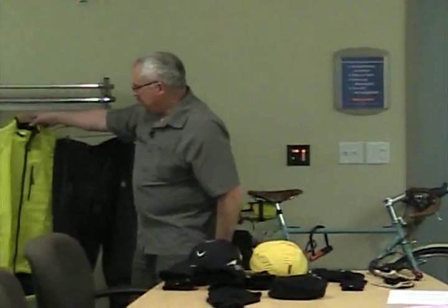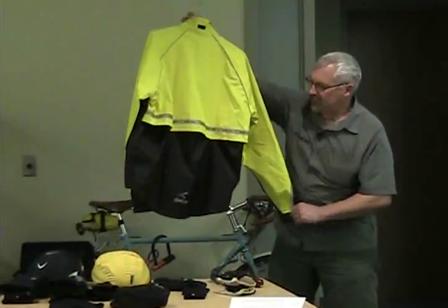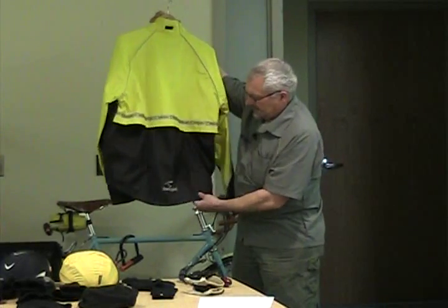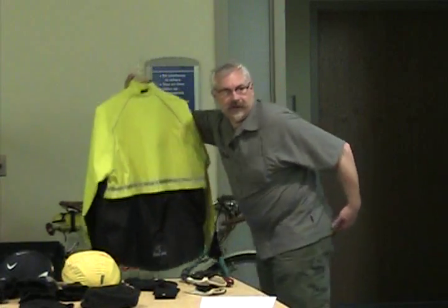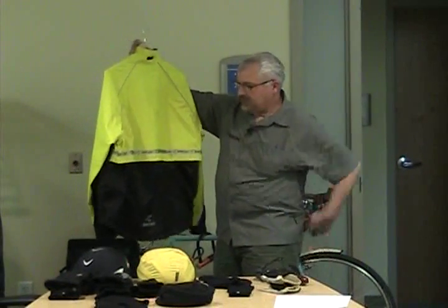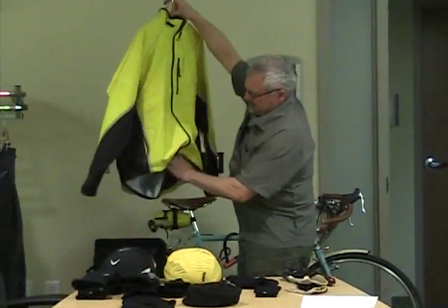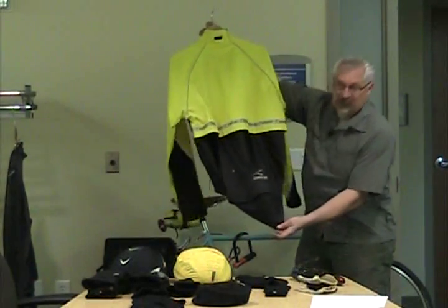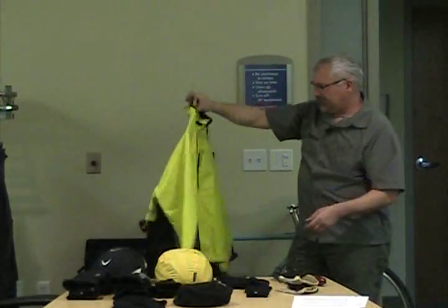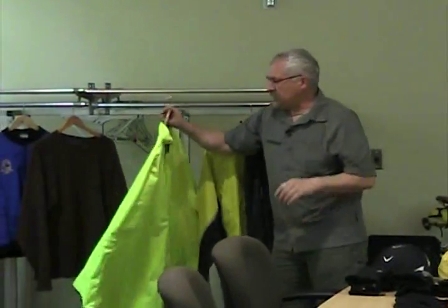A rain jacket. Cycling specific clothing in terms of jackets and rainwear are usually cut a little bit longer in the back. That way they help cover the back of you when you're riding, help keep your pants dry. This particular jacket has an additional flap that comes down even lower to keep you dry. Also on the top,